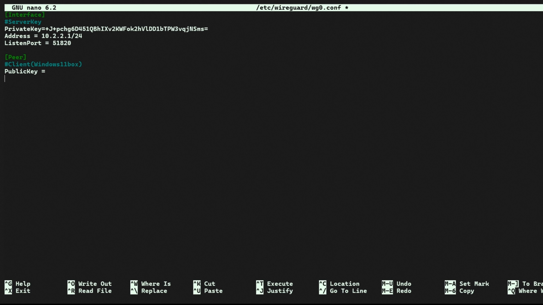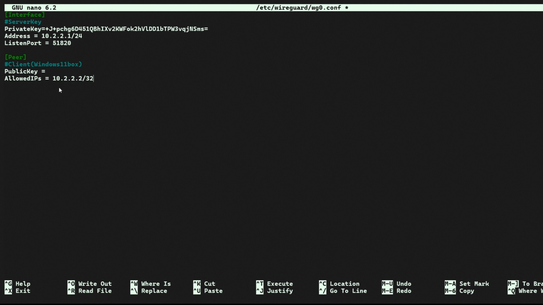And allowed IPs. This is our allowed IPs. I'm going to say 10.2.2.2/32. This is the IP we're going to assign to the Windows 11 box,